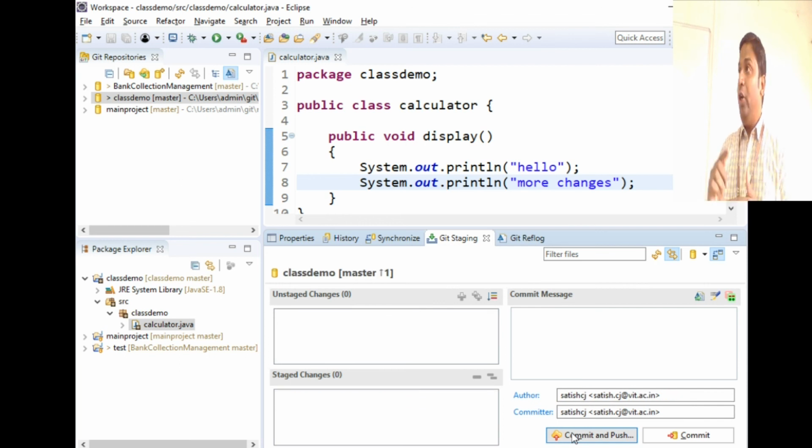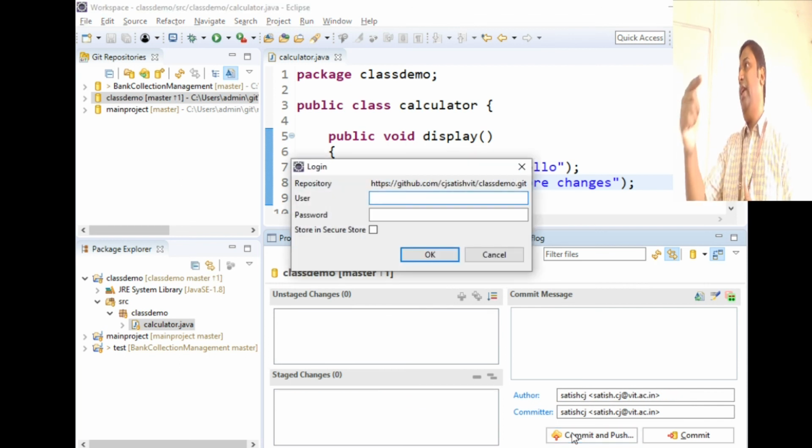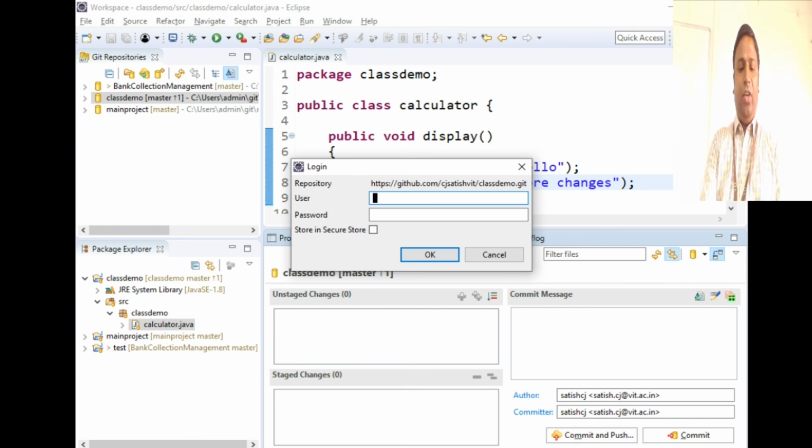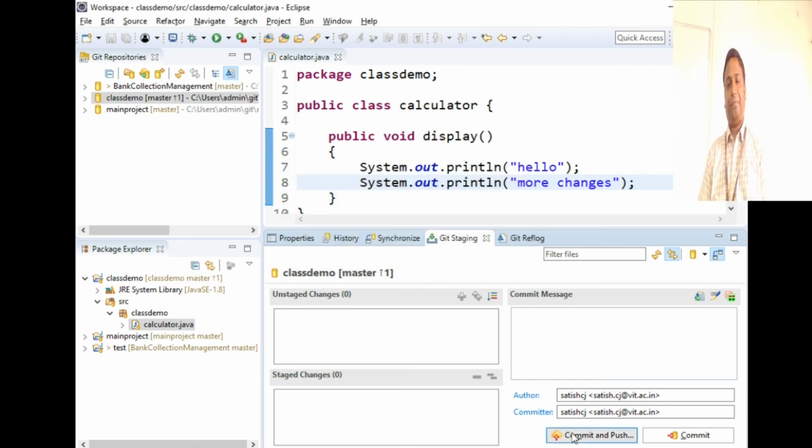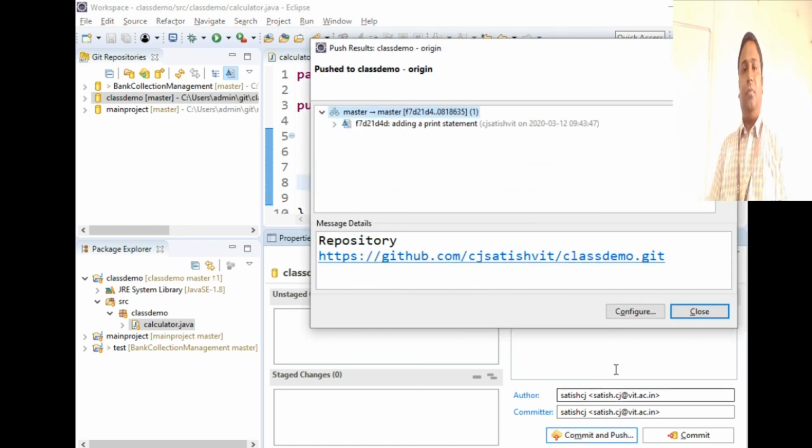So now it's going to store this as a separate version on the server, and it's going to show who has committed when. So again, giving the credentials is very important. It just says pushed, that's it.